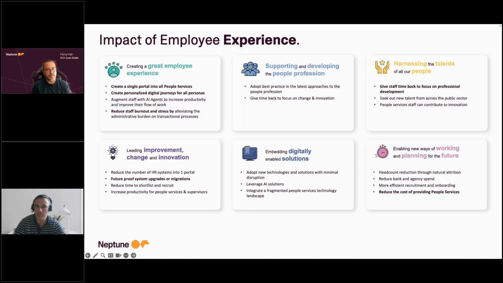I think I will not go on any point here with the time in mind, but one thing that I strongly believe is very important is harnessing the talents of all our people, and with that especially we mean management and HR people that have to stick to sometimes paper-based processes, but in general, very time-consuming processes. And with that time that is needed to fulfill the process, they cannot focus on the important things that especially HR people